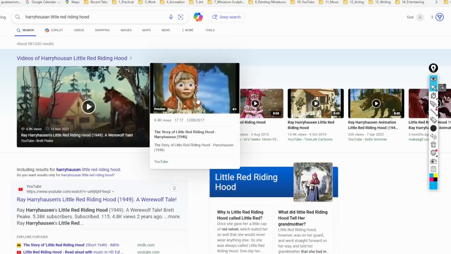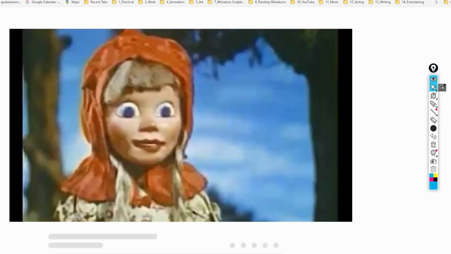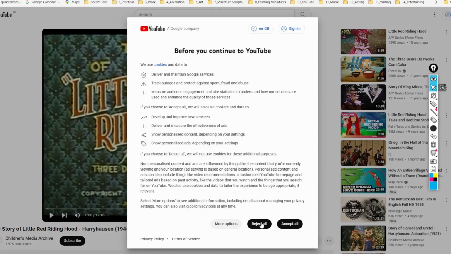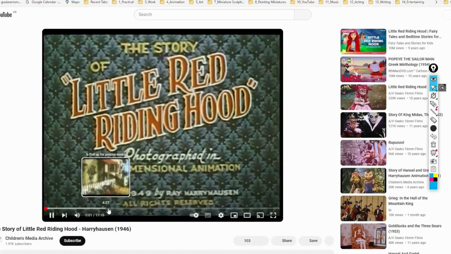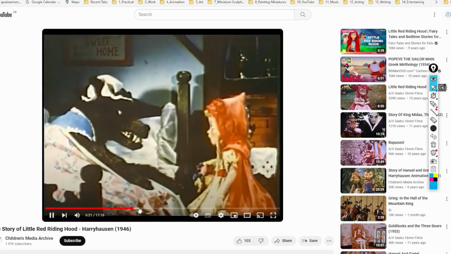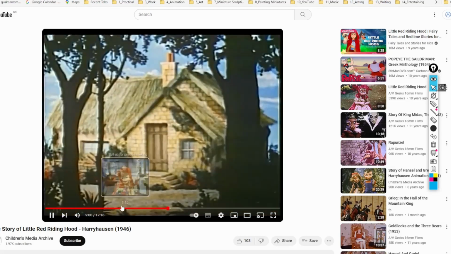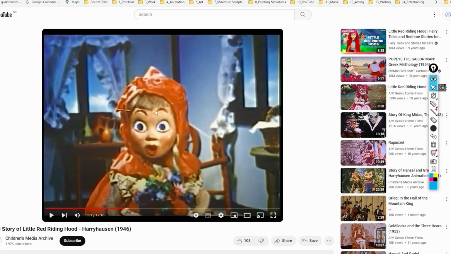Let's have a look. So here we go, you can see here, Little Red Riding Hood. So yeah, this is obviously flat lighting. See if I can find it. Oh look, I miss it every time. Here we go. So you can see here, this is very simple, fairly flat lighting,